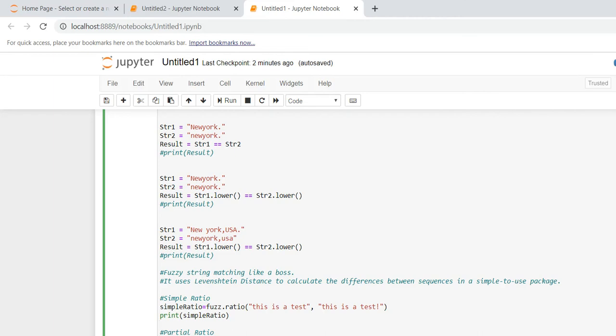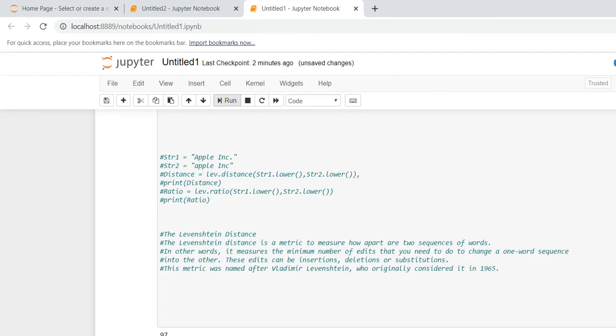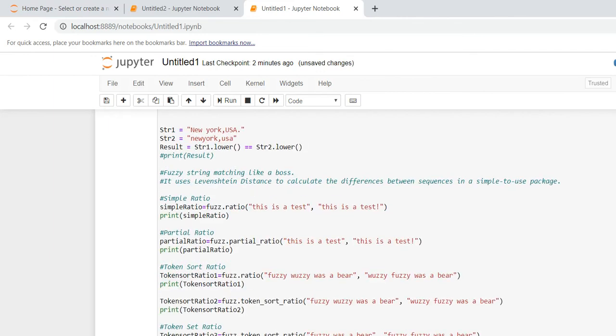I'm calculating the ratio between two strings. This is my first string and this is my second string. You can see the only difference is one special character. So I'm printing the simple ratio, and it's showing 97. This is the simple ratio calculation.